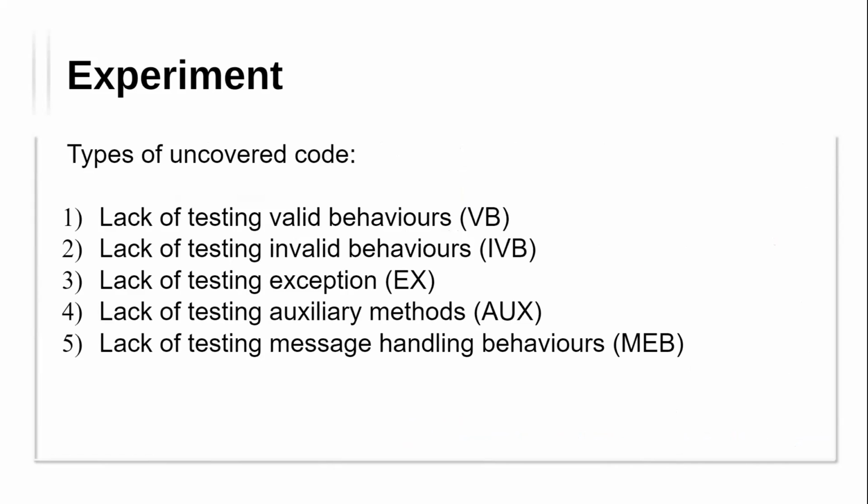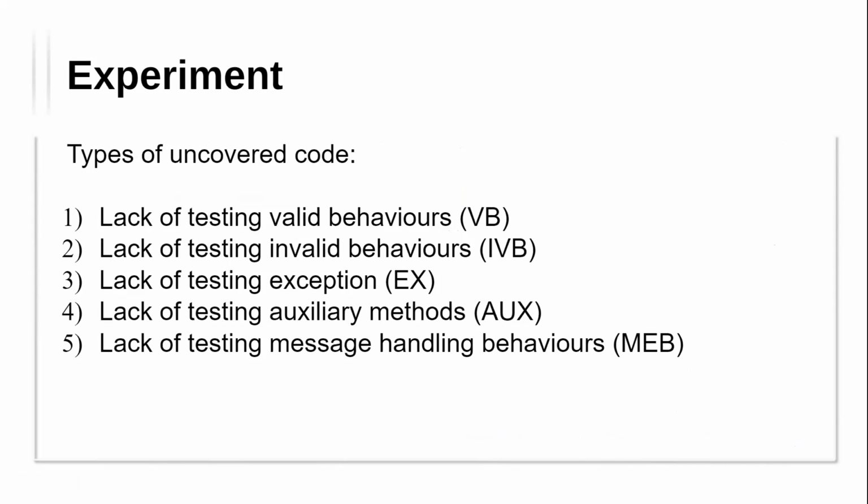The authors mentioned 5 types of uncovered code. These definitions will be important because the authors talk about how the improvements from the generated tests can be split into these 5 categories, and talk about the possible improvements or possible limitations for the test cases. The first is a lack of testing valid behavior. This is what I mentioned earlier. For example, the test cases don't set a valid parameter, or they just ignore some parameters,